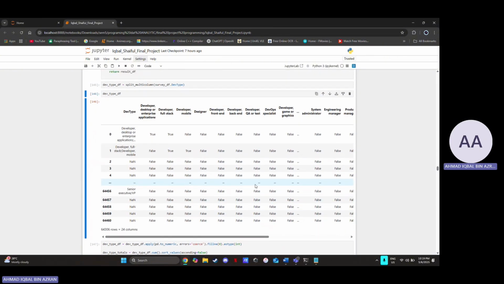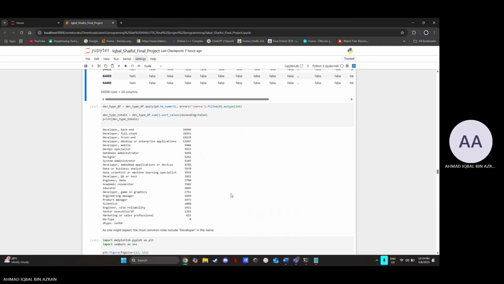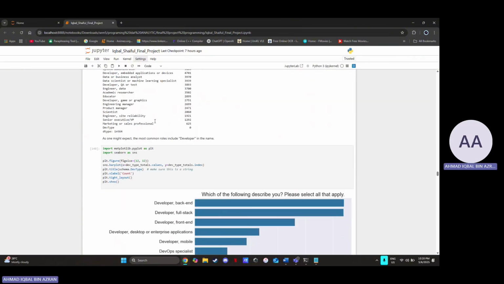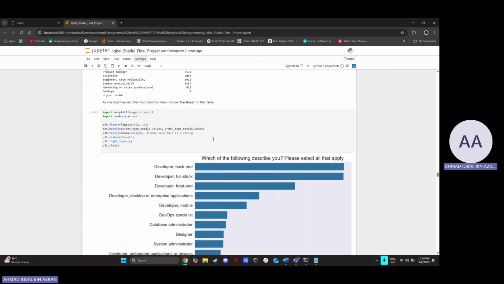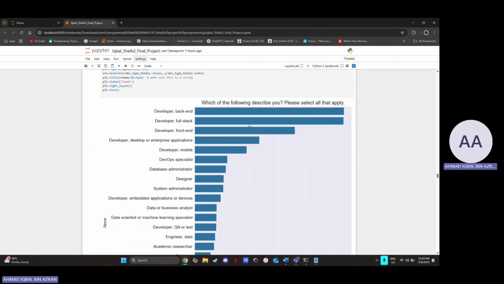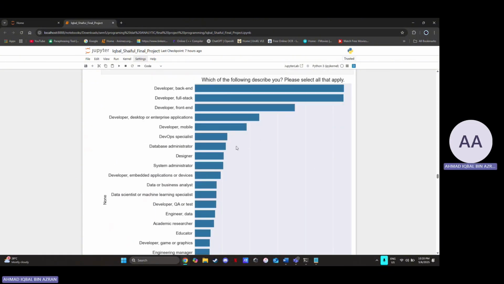So from here we can conclude, and it is easy to compare each one. Next is the total sum of values, where the highest is developer back end, which is 26,000, followed by developer full stack and front end. As one might expect, the most common role is developer. From the plot we can see the same result. The highest is developer back end, full stack, and followed by the front end.